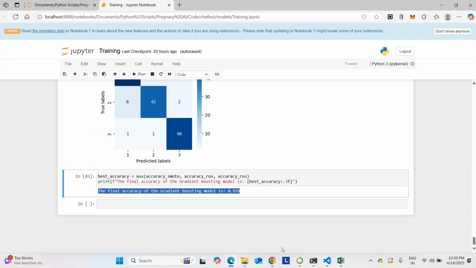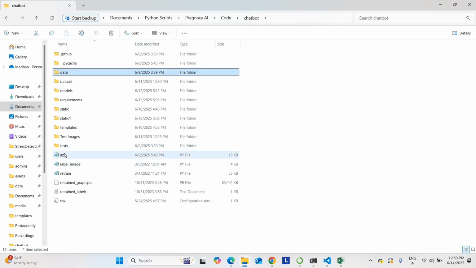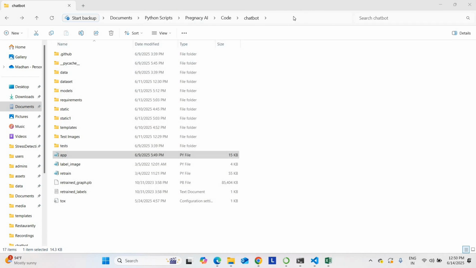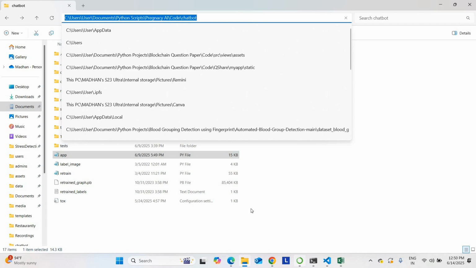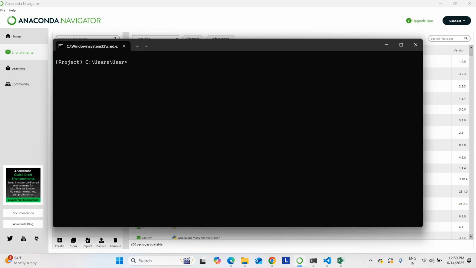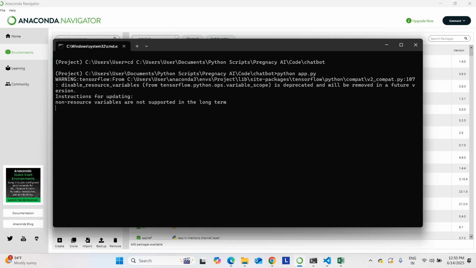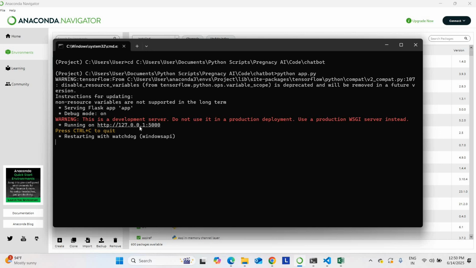I can run the project. This is the complete web application project, which I said earlier, so I can run the web application for you. To run the web application, we have to run the app.py. This is the app.py. So I copy the project code link. I'm just going to the Anaconda Navigator. I'll open the terminal from here. Once it is open, you can use cd, space, project location, and type python space app.py. So I'm typing this. Once I run the project code, it will evaluate the code. If there is any error, it will show the error. Otherwise it will directly run the project. Okay, the project got executed. This is the address.